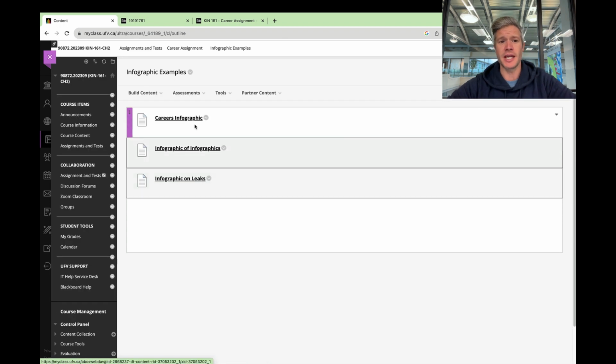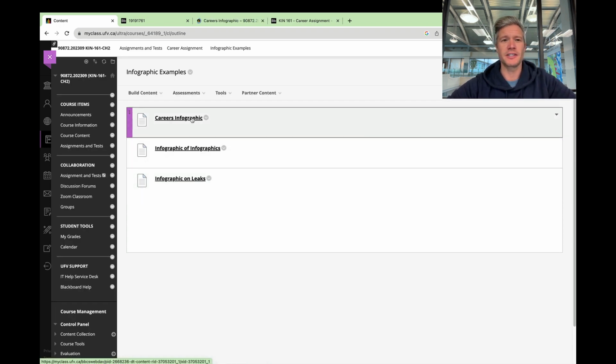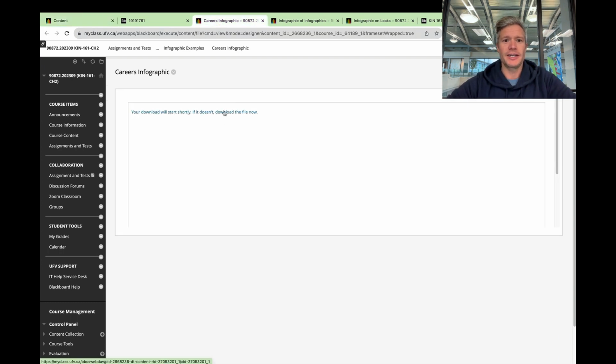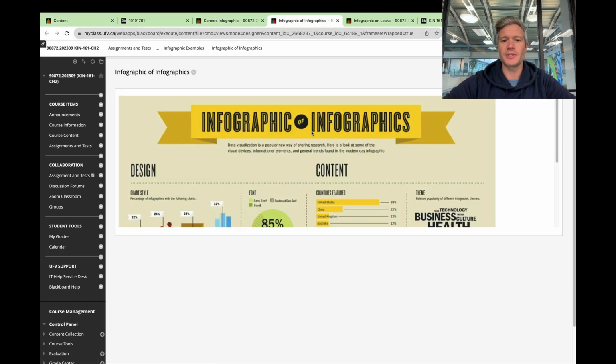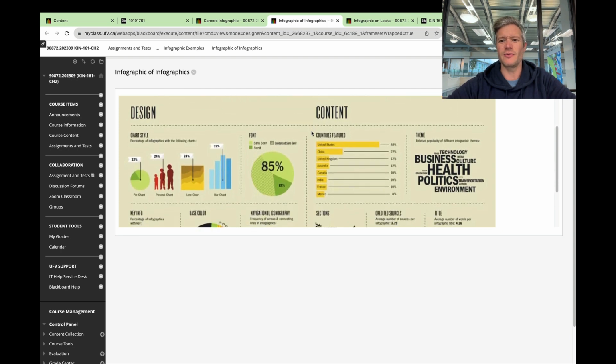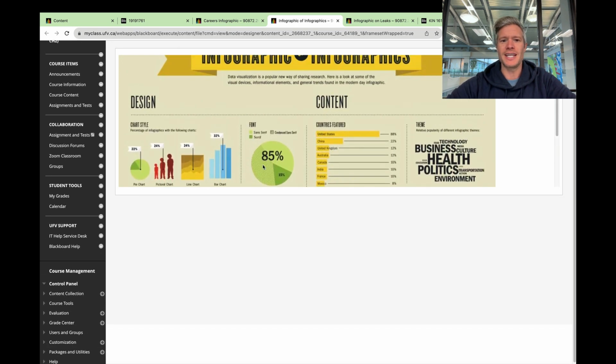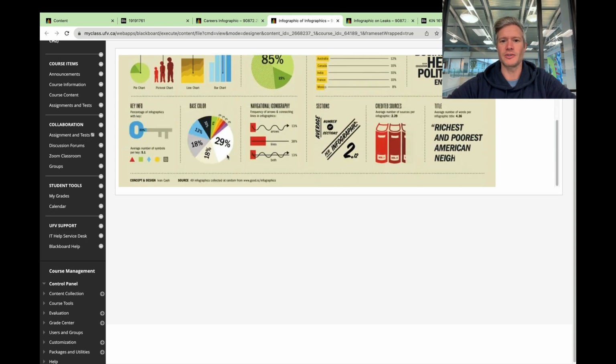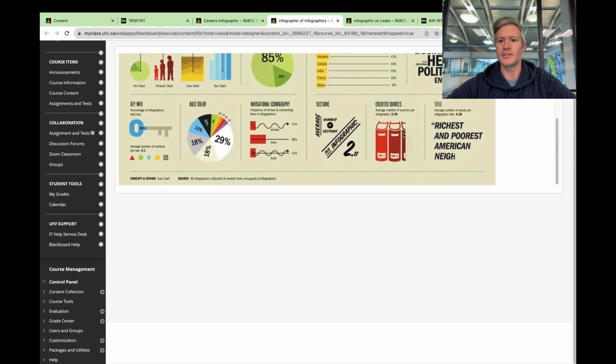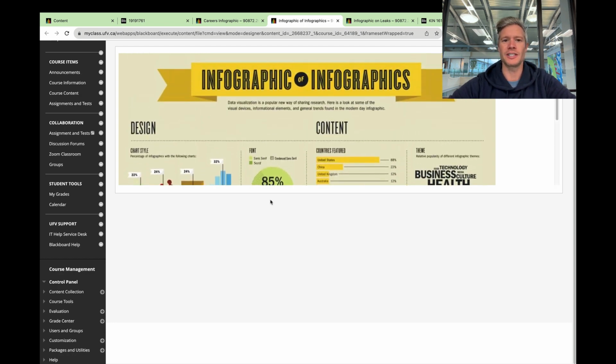Okay, here's some example infographics. Let's see if I can get these to load as I want. So that's a download. Here's one. So here's an infographic. This is just an idea of what to look for. And again, the general theme is that we have different data presented with pictures, okay? So for example, they use a certain number of books to illustrate a numerical value. They have different pictures and designs, again, to represent numerical data, your quantitative data.